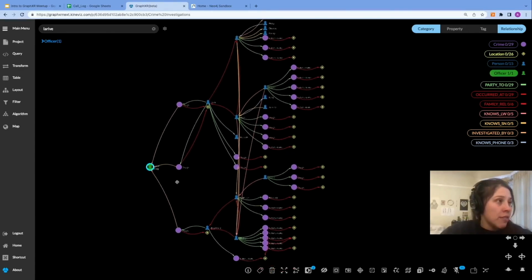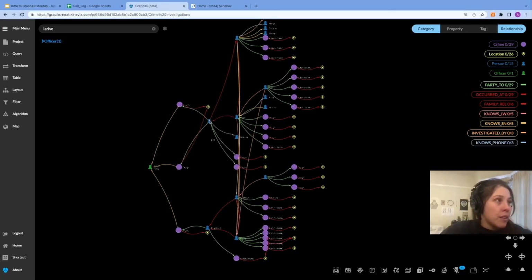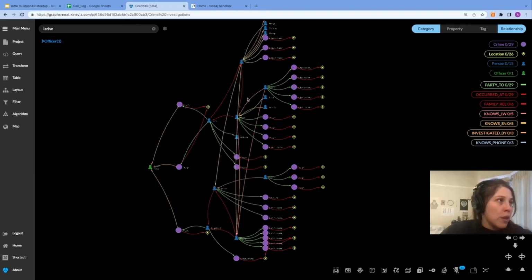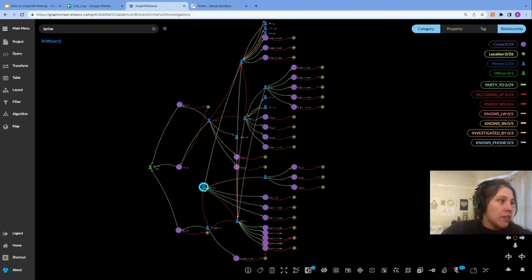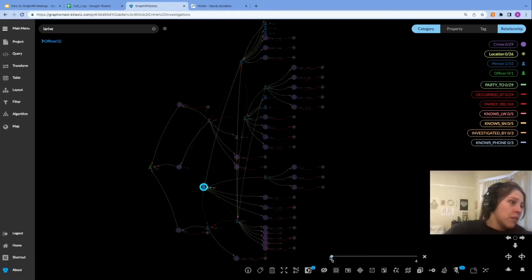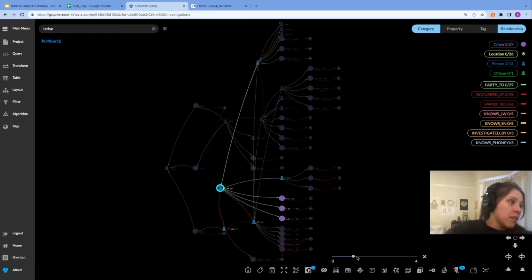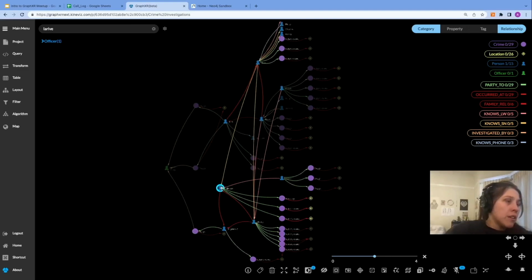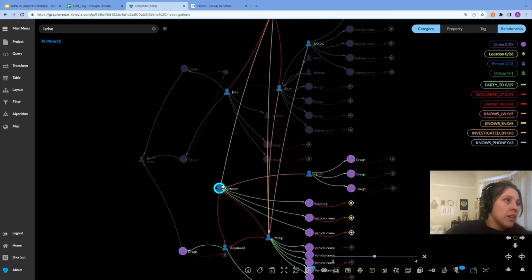We have Larive that's investigating these 3 crimes, and then we have these 2 different locations and 2 different people behind those crimes. But then we have overlap between some of these people. And you can see here, if I were just to select this person and trace their neighbors, let's see. Yeah, you see this overlap all of a sudden happening, where this person, let me look at their name, Kathleen,